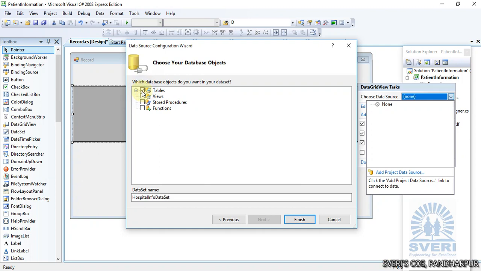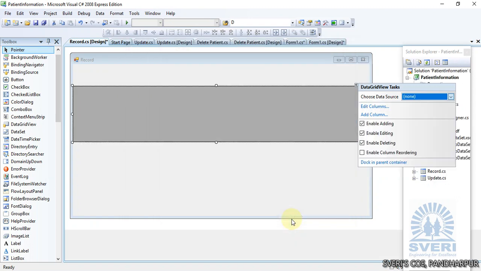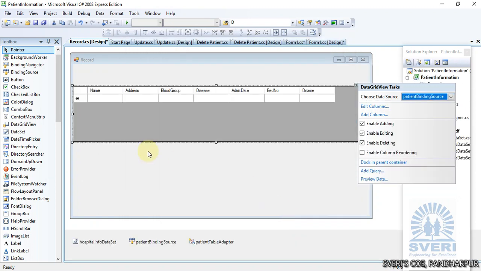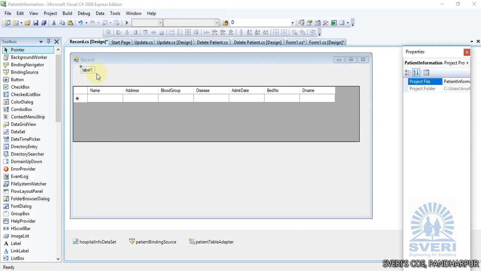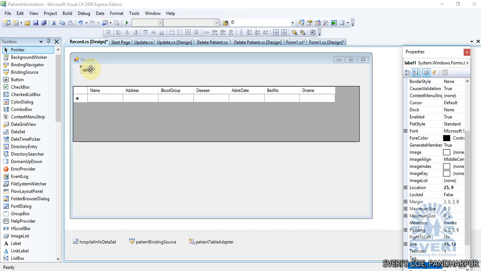So from the tables, the patient table information for this particular data grid view. So just we'll add one label. Go to the text property of this label, information of all patients. Okay,